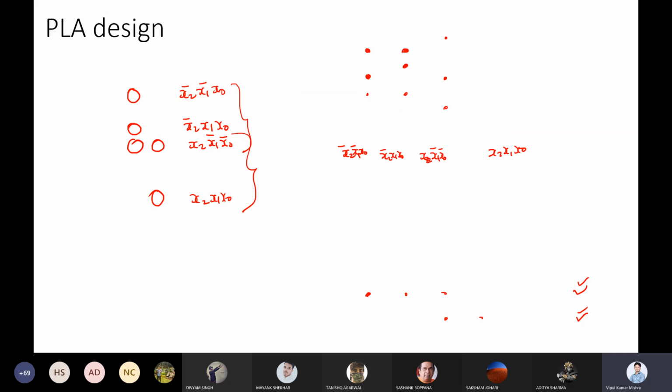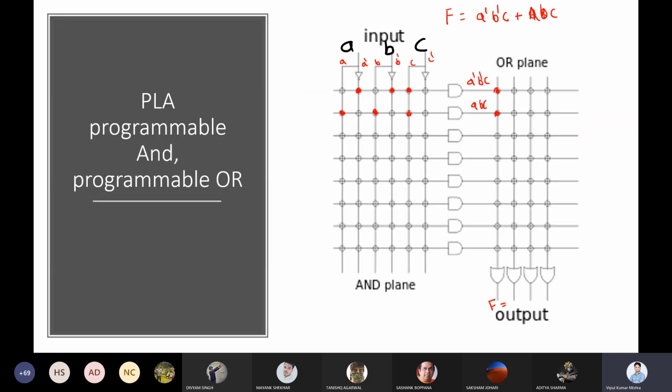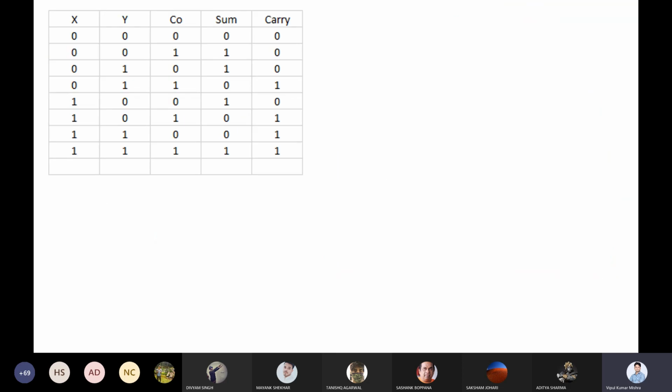What they are saying initially, simply you have the full array. Now whatever function you require, based on that you can sort it programmatically. Programmatically means you have a mechanism to sort a particular location so that it will produce a specific output.